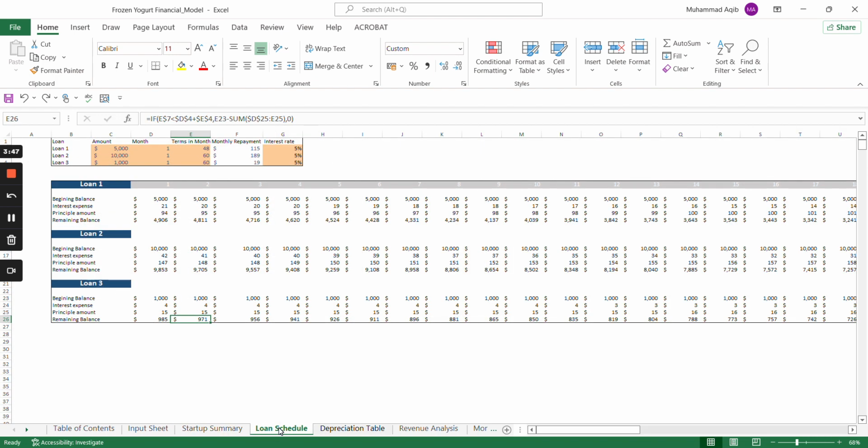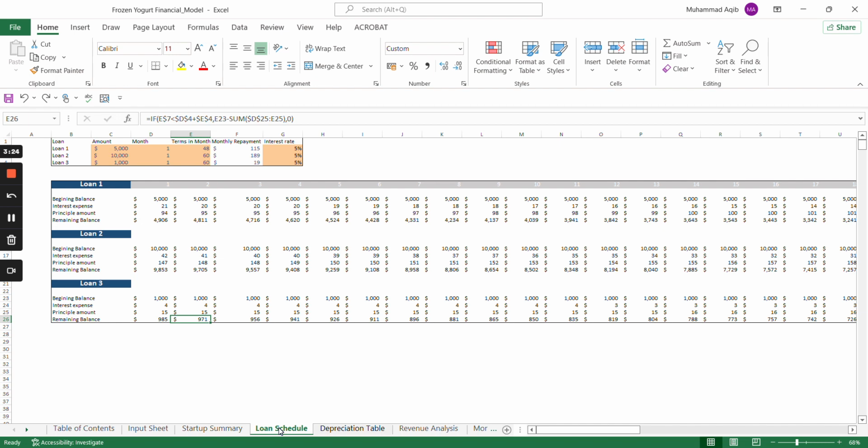Moving on to the loan schedule. The loan schedule includes different types of loans incurred by the business and the respective interest that has to be paid as well as the principal amount that has to be returned to the lender. This allows the frozen yogurt business to identify its interest expense and record it, and so that the profit is